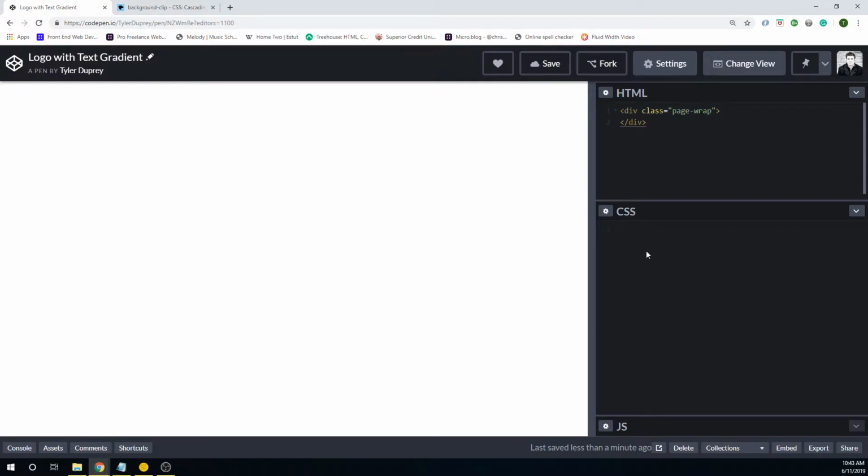I'm going to come into my CSS, and first I'm going to make sure there's no extra margin on the body. I'm also going to make sure there's no extra padding on the body. Then I'll grab the page wrap, and we want to make sure it's taking up 100% of the height and width of the page. It is a block level element, so it should be 100% of the width. So let's give it a height of 100 viewport height,